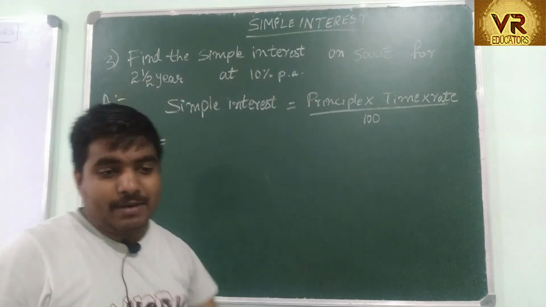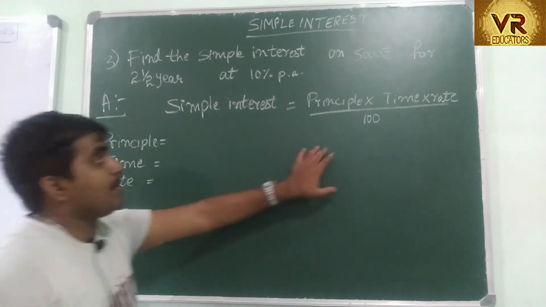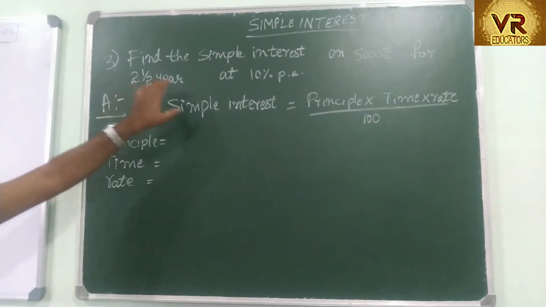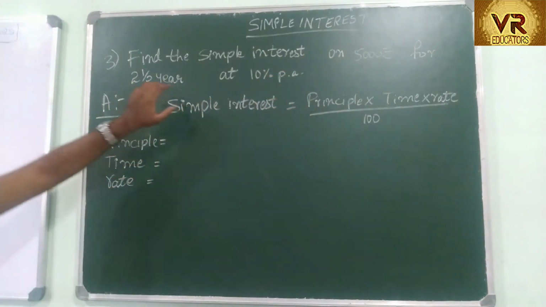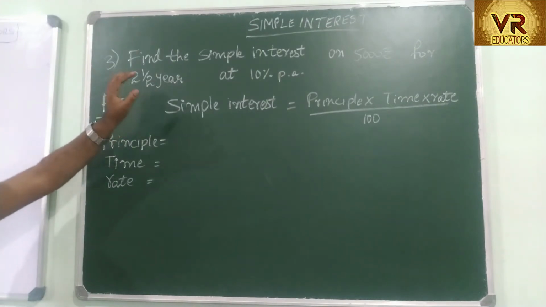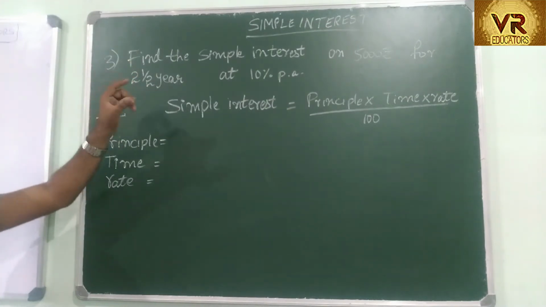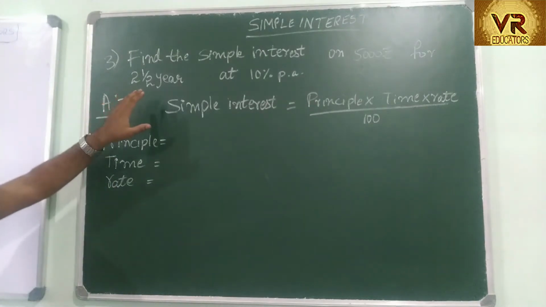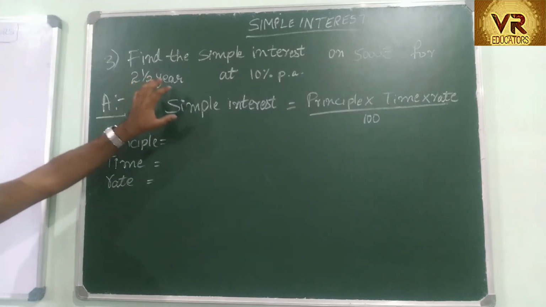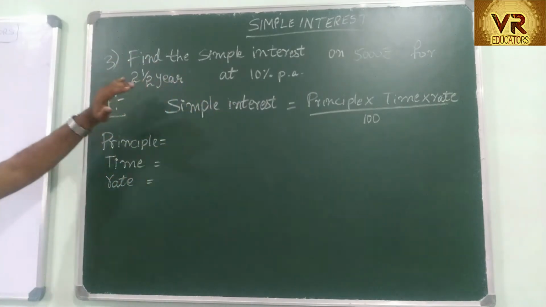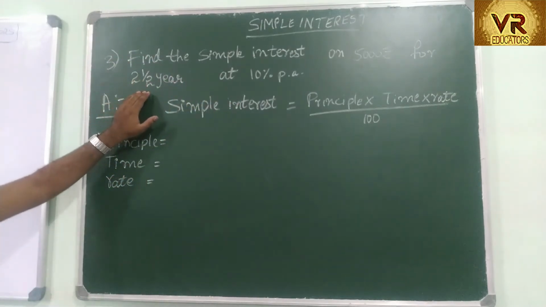at 10% per annum. So here our principal amount is 5,000 rupees. Time is 2.5 years. Rate is 10%. Now you have to convert this 2.5 years in terms of year. 2 is already in terms of year. That 1 by 2 you can convert into decimal or you can keep as it is. Why? Because they haven't said 2 years, 6 months. It is not given like this. It is directly written as 2.5 year.